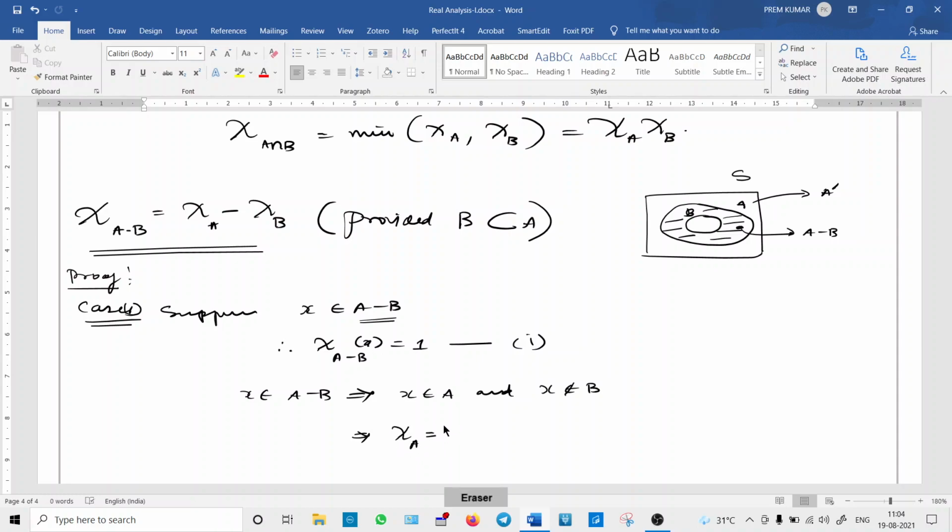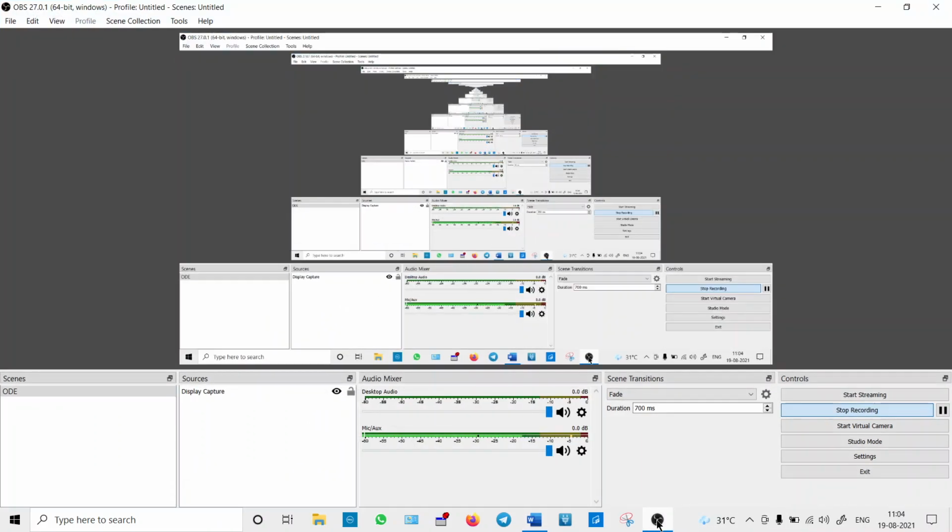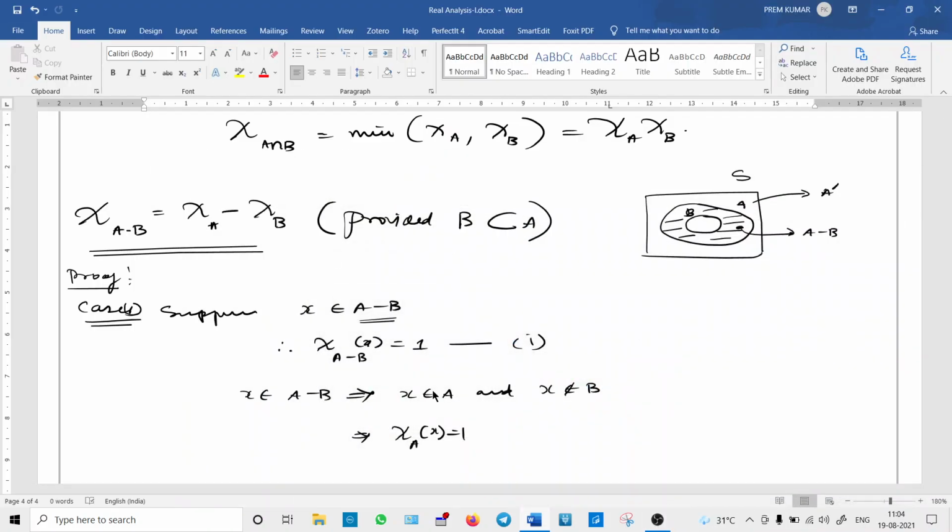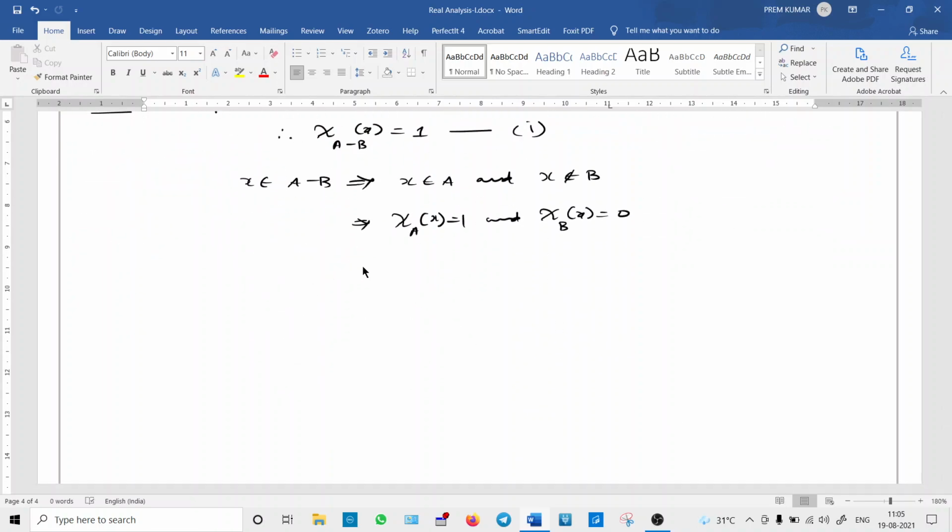It becomes 1, and if X does not belong to B, the characteristic function of B at X equals 0. So what we get here, what is chi A of X minus chi B of X? That is nothing but 1 minus 0 equals 1. So from 1 and 2,